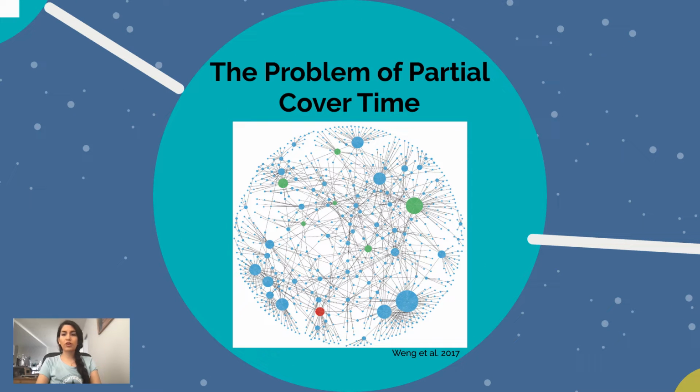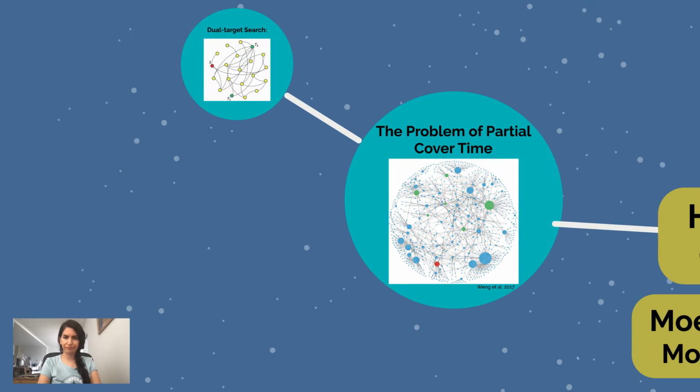Now, we first start by a brief introduction of the main problem of partial cover time. This graph here shows an example of multi-object search on a yeast network. The expected time needed to find 6 distinct nodes, which are colored in green here, for a walker starting from the red source node with no prior knowledge of target distribution is defined as the mean partial cover time. Despite the long-lasting trend to solve this problem, the studies in the field are still in the early stages and not much effort has been made for finding a precise solution for it.